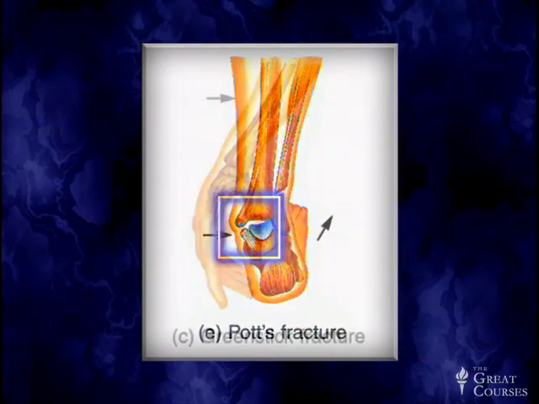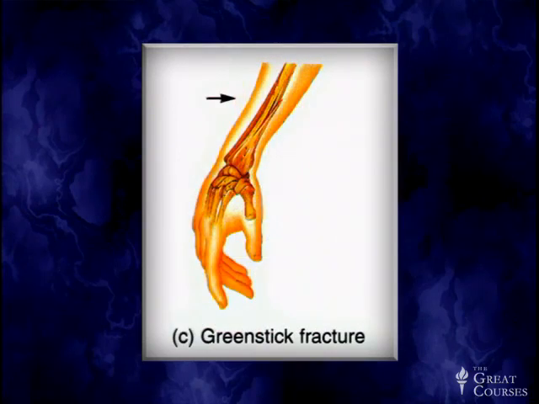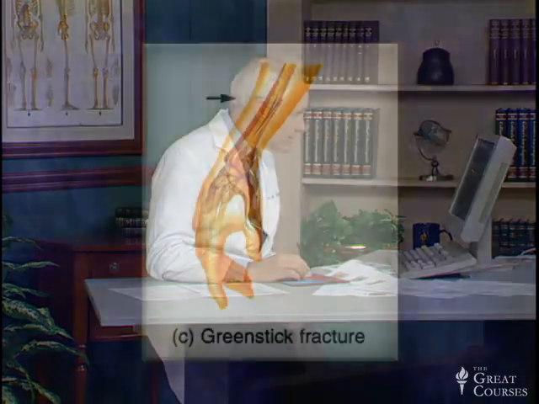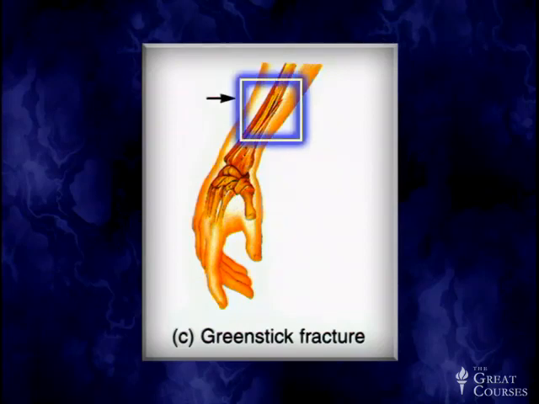The next fracture is one we see a lot in children. We call this a greenstick fracture, and it's just as if you've gone into the forest and taken a live tree and broken a limb. Something you shouldn't do, but if you did, that's what it would look like. The fracture doesn't go all the way through the bone, and it is rarely displaced. It merely splinters some of the fibers because it's a very flexible bone. Children have very, very flexible bones. These fractures rarely have to be set at all. They just need to be immobilized, and they can be